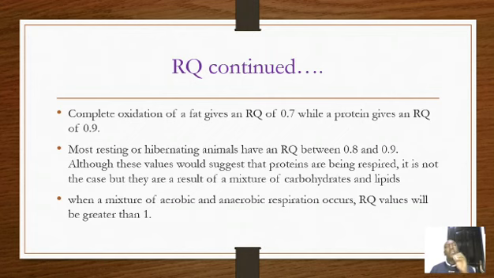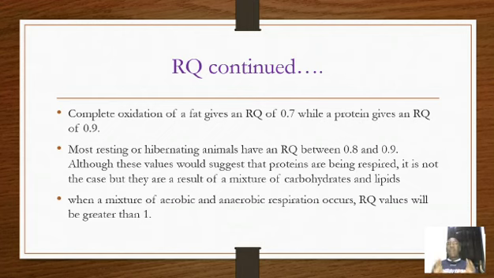Estivation is a state of dormancy, a state of inactivity, a state of reduced activity during conditions of extremely high temperatures. Like during summer, there are particular organisms that become inactive. Therefore, we say they have undergone estivation. Now, coming back to RQ,